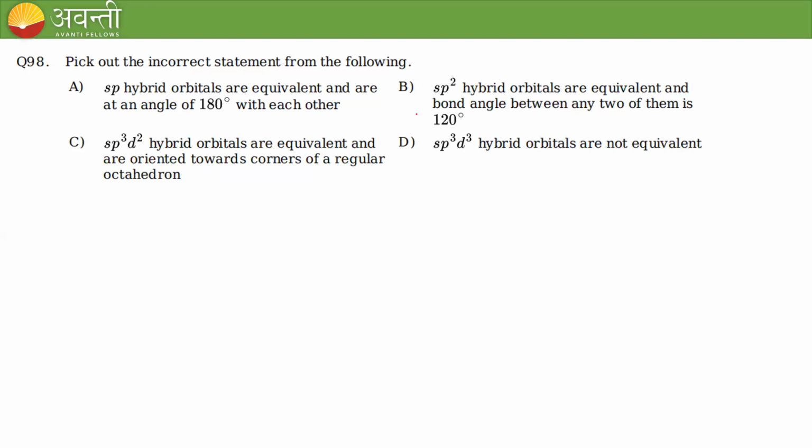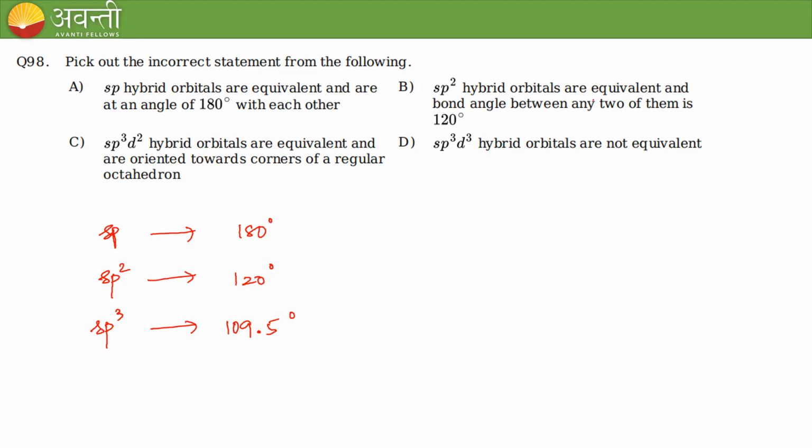So sp hybrid orbitals are equivalent and are at an angle of 180 degrees with each other. So in sp hybridization, the bond angle will be 180 degrees. And in case of sp2, the bond angle is 120 degrees. And in case of sp3, the bond angle is 109.5 degrees. Okay. Now coming to option B,